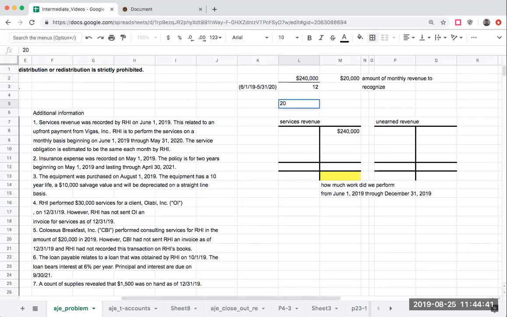So 2019 revenue should be 7 months, or 6/1/19 through 12/31/19, times $20,000, or $140,000. Now, as you notice right here, if we put in $140,000, we have a problem. The true amount of services revenue should be $140,000. However, it has over here a $240,000 credit balance. So what do we need to do to get from 240 to 140? Well, we need a debit here